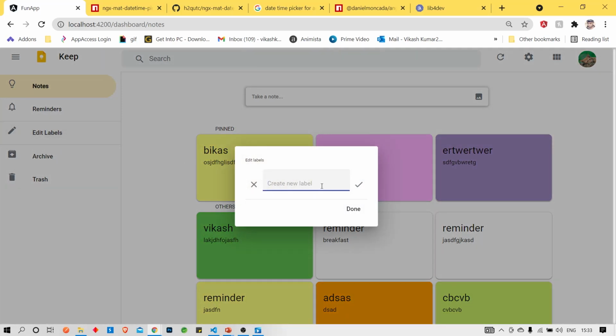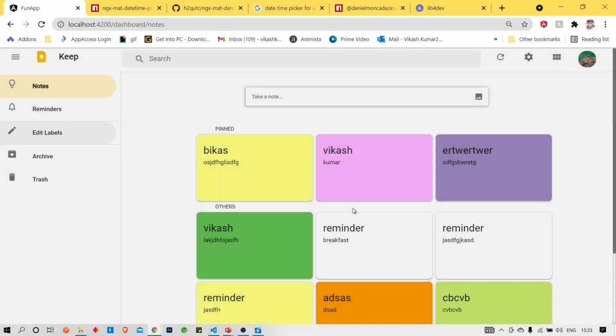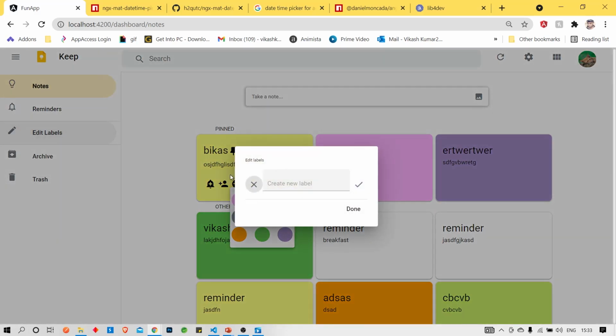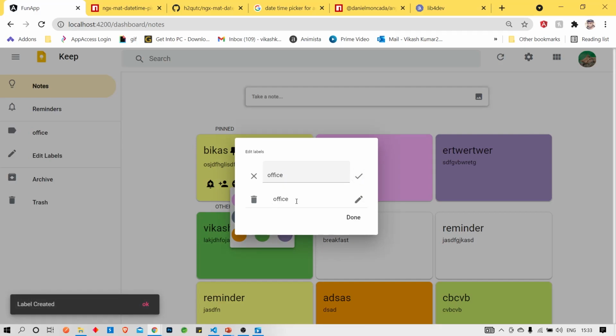If you want to create one label, suppose I want to create a label with office. So this is a label. Okay, sorry, I made a mistake. If I want to create a label, then we can create. So we can see our label is created by the name of office.